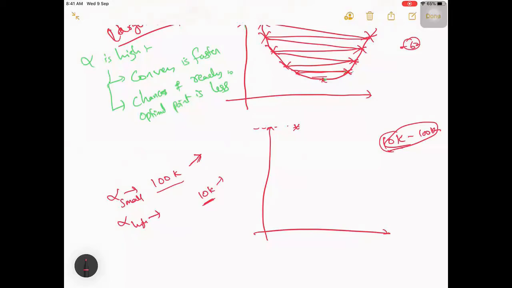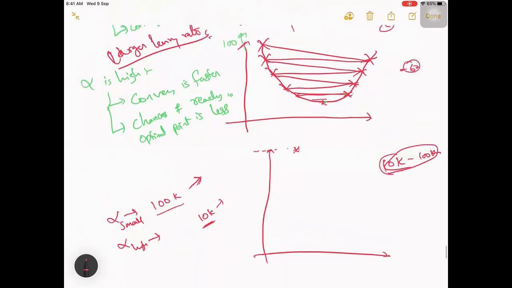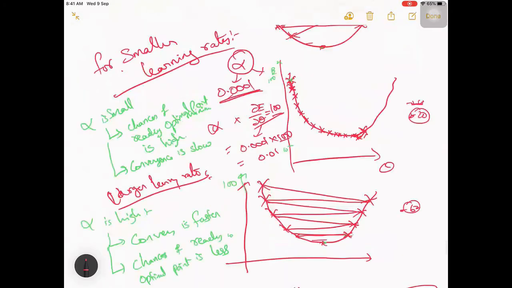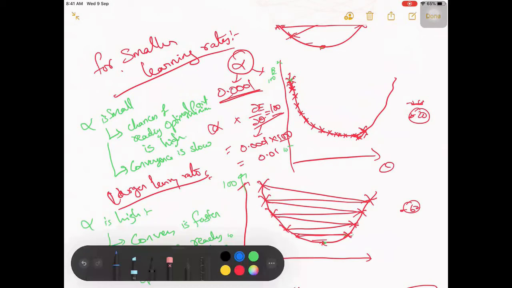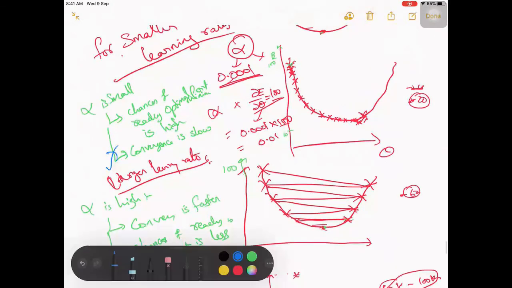No, right? But we also need convergence, that we are able to achieve with the smaller learning rate. Sorry, we don't need this feature.